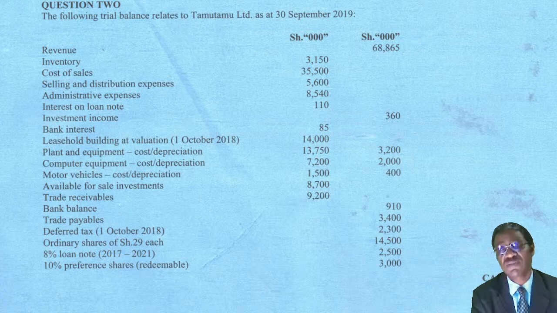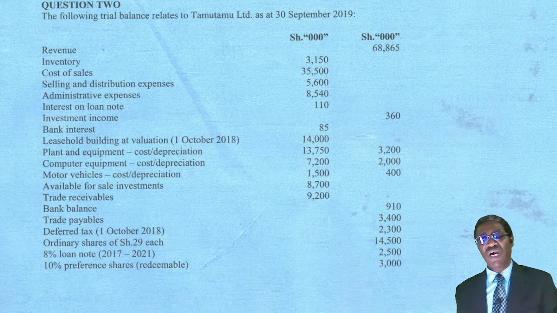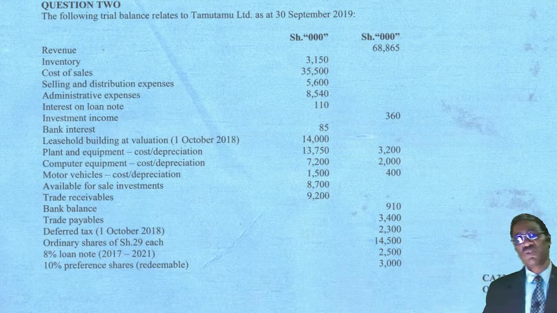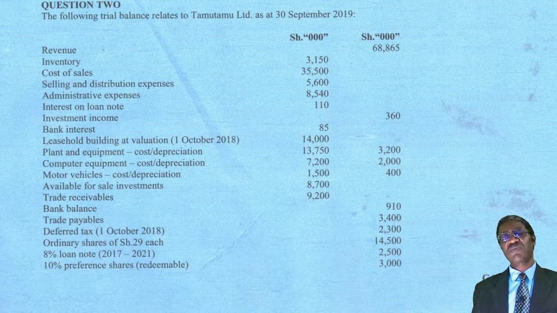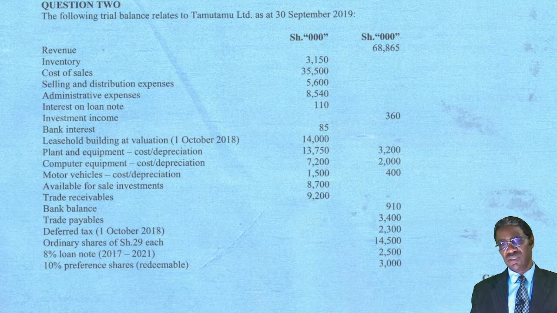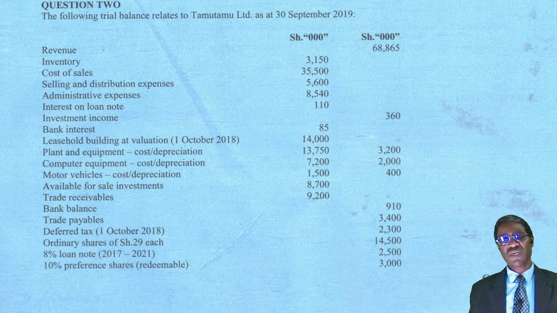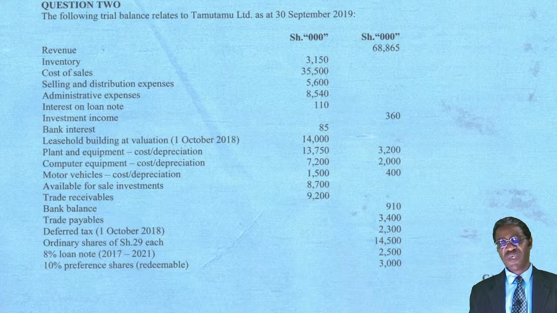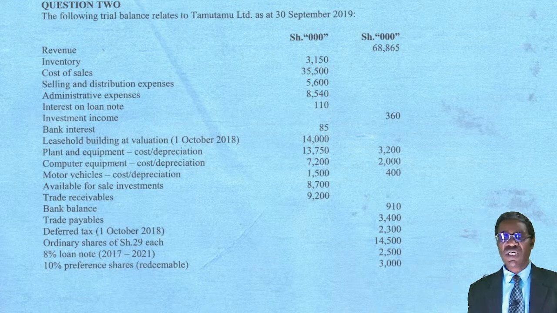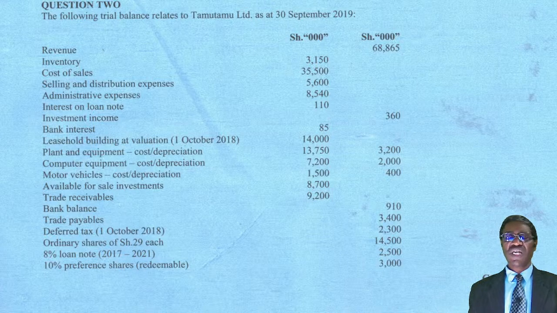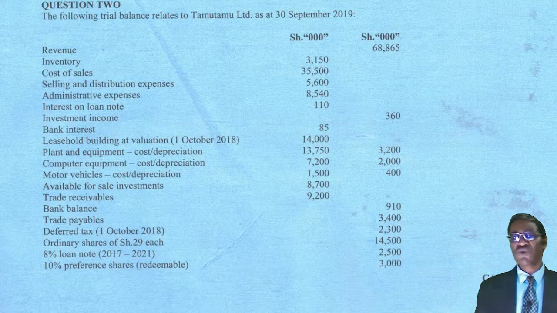It says, the following trial balance relates to Tam Limited as at 30th September 2019. You are given in the trial balance revenue, inventory, cost of sales, selling and distribution. You are given admin expenses. You are given interest on loan note. You are given investment income, bank interest, leasehold building at valuation on 1st